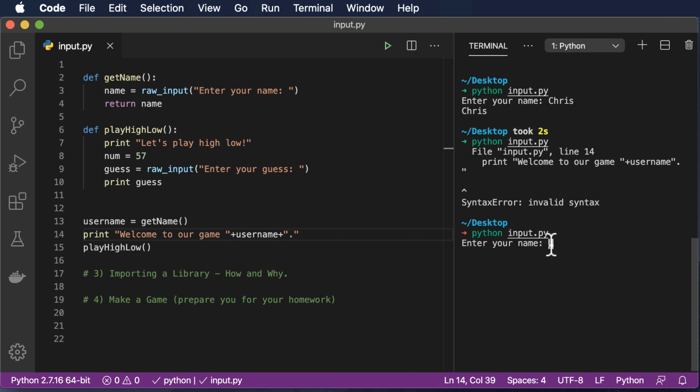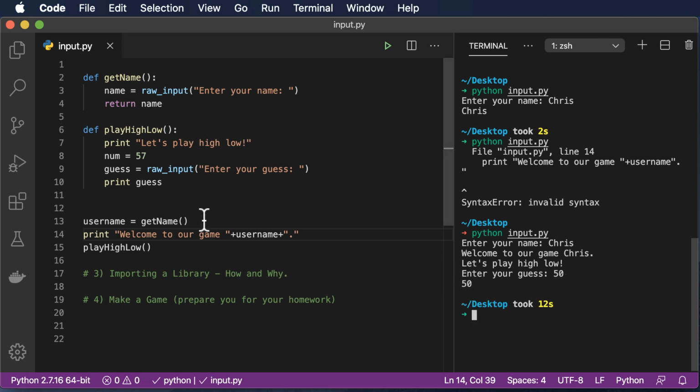And so now it says enter your name. So welcome to our game, and it has my name there, and then it says let's play high-low. And I can try to guess a number. Maybe I'd guess 50. And we see that our guess gets printed out. So that's good. Now let's go ahead and